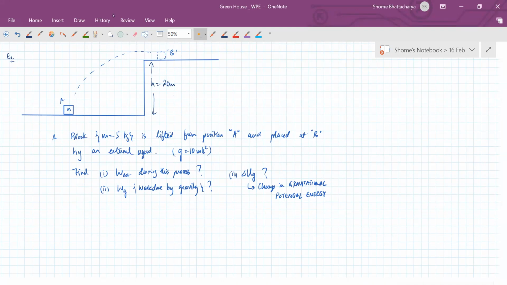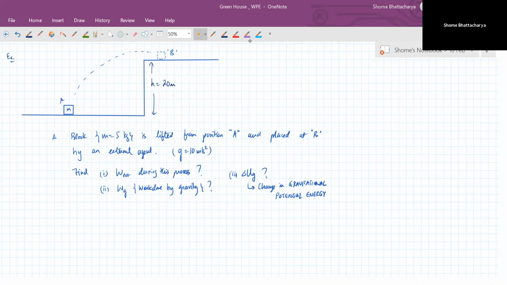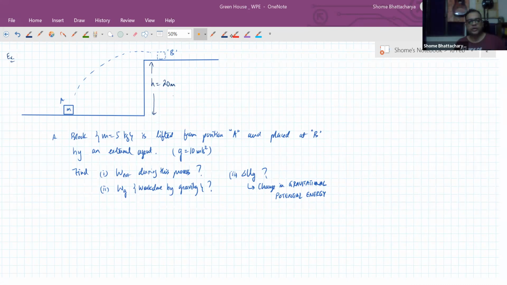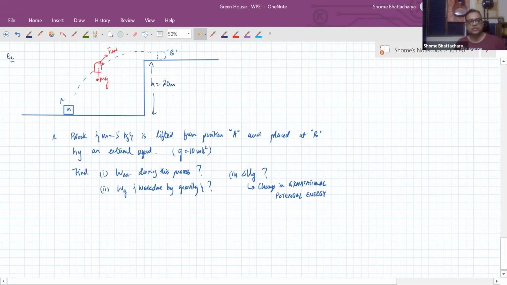So the first thing that will strike us here is that neither do I know the path through which I'm taking the body, nor do I know what kind of external force is acting on it. So then how will I calculate? Suppose when the block is over here, some kind of external force like this is acting on it, and mg is acting on it. Do I know the external force? Do I know the path? Then how will I calculate the work done by the external force? Work done by external force should be the integration of F external dot ds from the initial position to final position, but I can't calculate that. I don't know the external force, I don't know